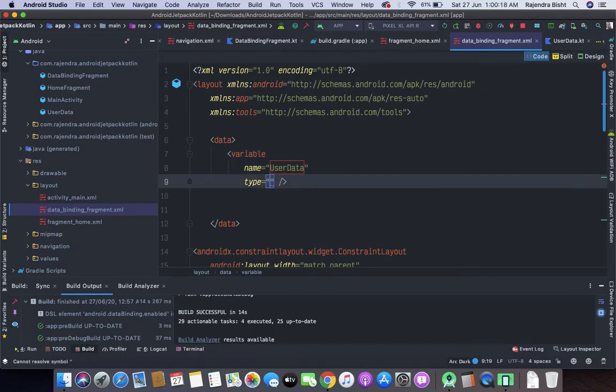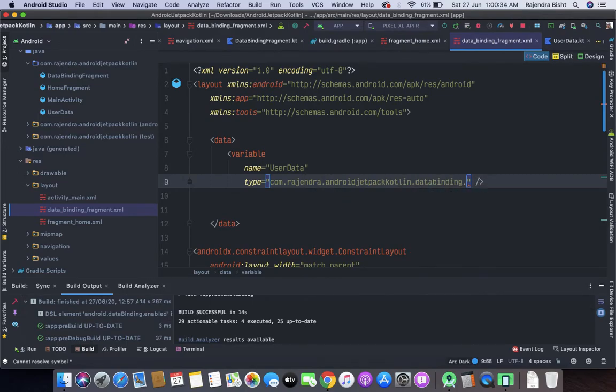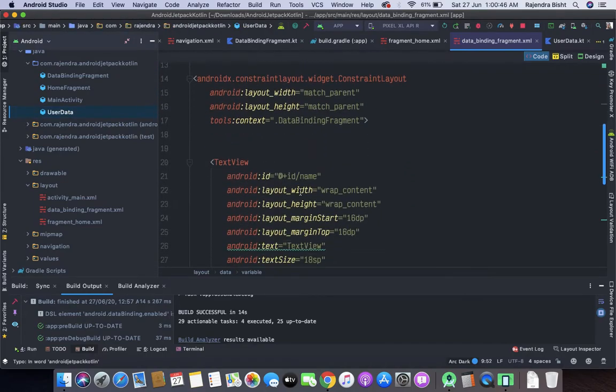So basically the type is our user data class. Here we will give it the path of user data, let's say com.rajendra.androidjetpacktutorial.kotlindatabinding.userdata. So this here is the path of our user data class.